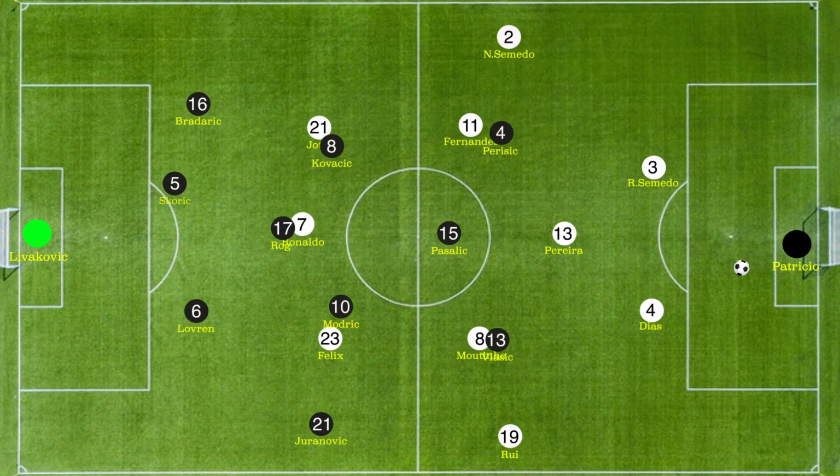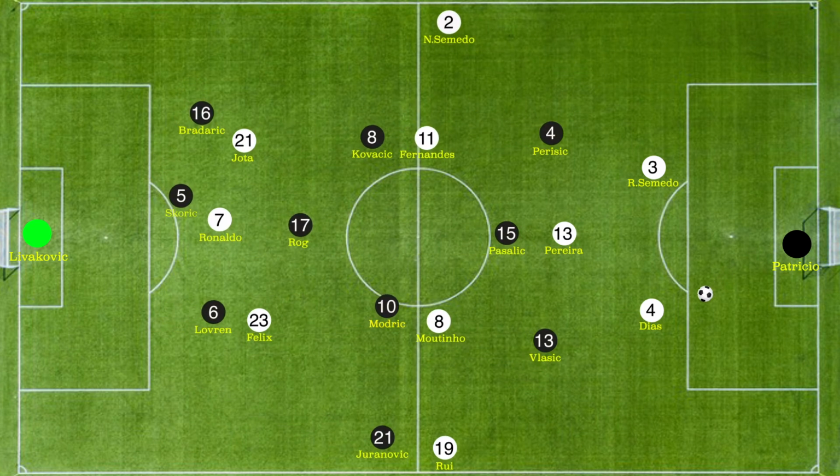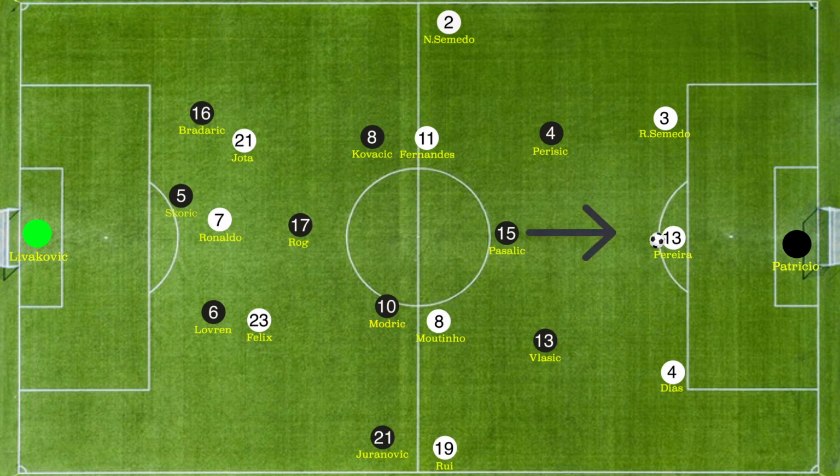Moving on, now let's take a look at how Portugal attacked. To counter Croatia's irregular hexagon, Pereira moved between the centre backs to make a back three. With the back three, Portugal had enough time and space to play any kind of pass they wanted onto the midfielders or to the attackers. To prevent this from happening, Pasalic then pressed the ball carrier, leaving space behind him.